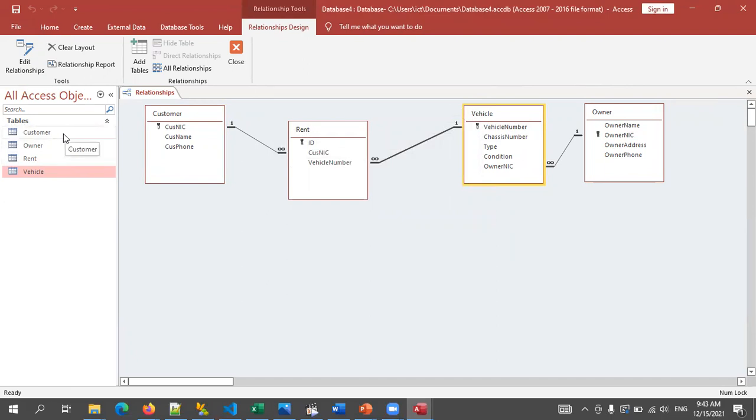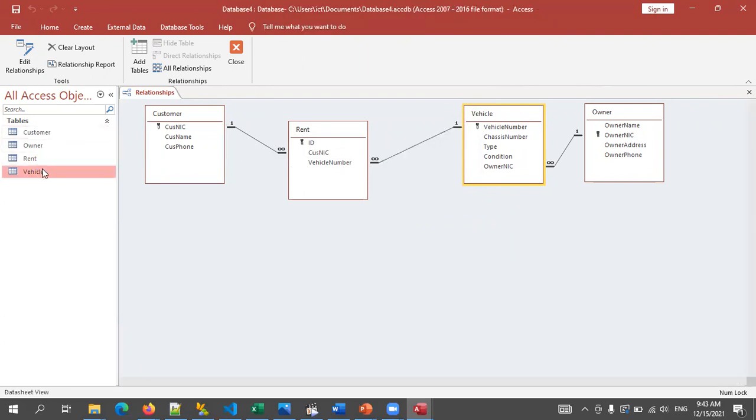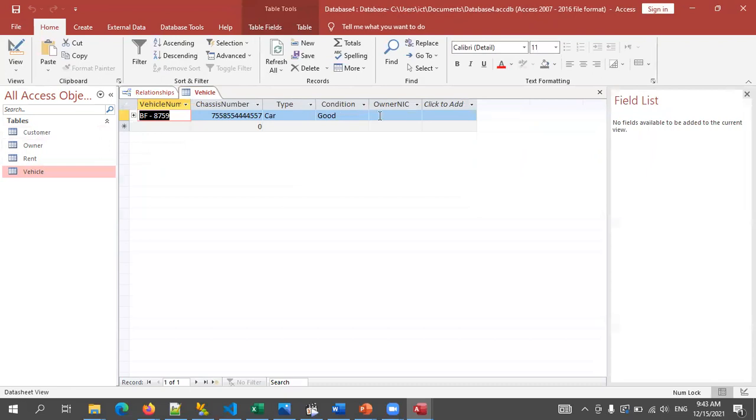When you're going to enter data, it is important that, for example, if you are going to enter data for the vehicle table, here as the owner NIC, you must enter a value which is mentioned in the owner table. So you have to copy and paste the exact NIC value, NIC data.